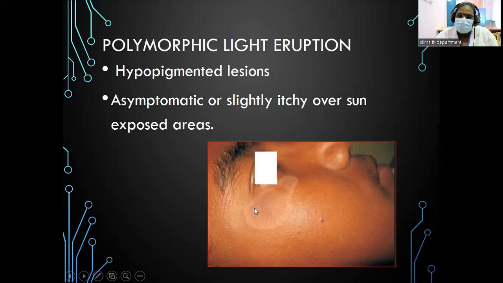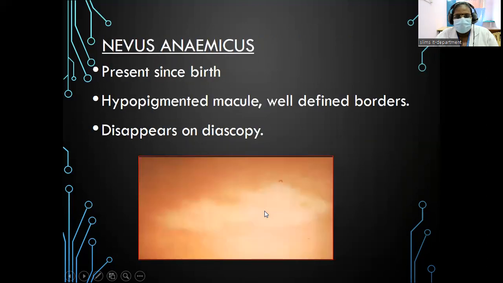Clinically, hypopigmented lesion, either asymptomatic or slightly itching over the photo-exposed areas. This is another genetic condition called nevus anemicus. It's a type of mole present since birth, clinically characterized by hypopigmented macules or patches covered